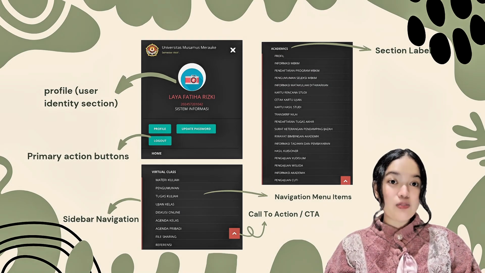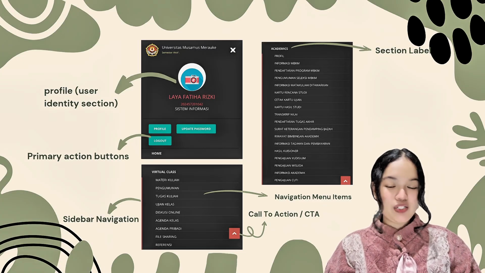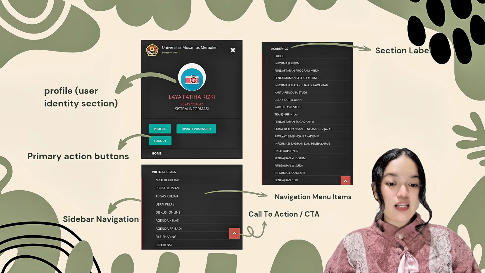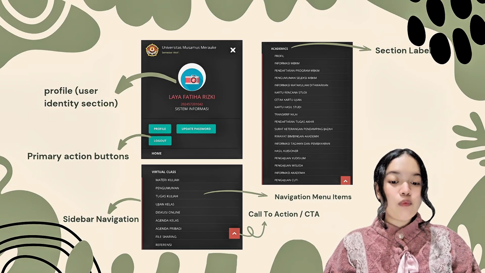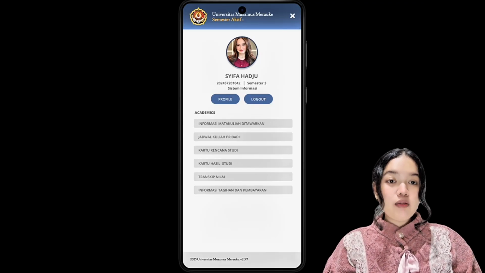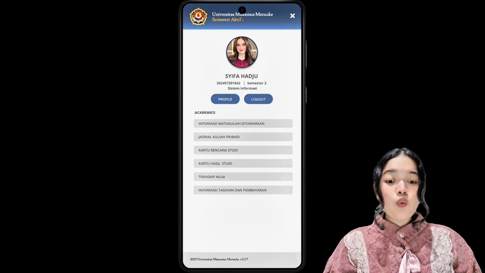In the last part, I will explain before and after of this page. We can see the icon. Before, the profile section in the first photo features a circular icon with a camera symbol inside it. This icon indicates the user identity area and shows that the user can upload or change their profile picture. And after, in the updated version, the icon is replaced by a user photo, giving a more personal and clear visual of the user identity without the camera symbol, which is simply the profile section.